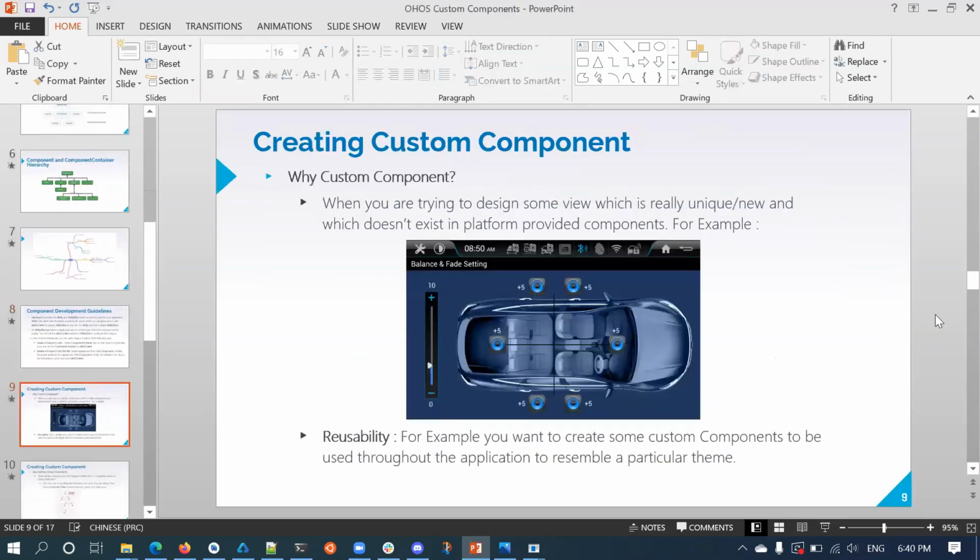So now we will get into the main topic, creating a custom component. Why do we need to create a custom component? I have taken two different scenarios. You see this image which I have shown here. When you are trying to design some view which is really unique or new, and which does not exist in platform provided components. For example,